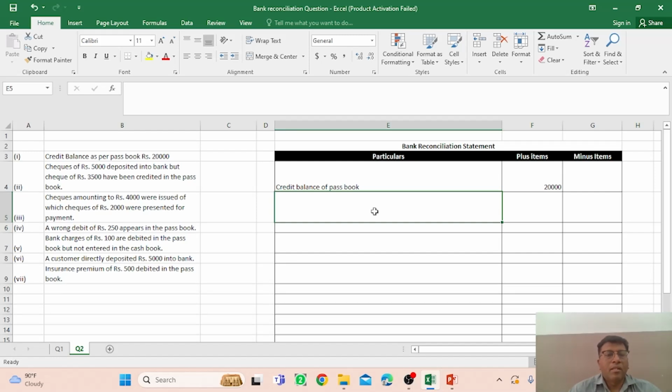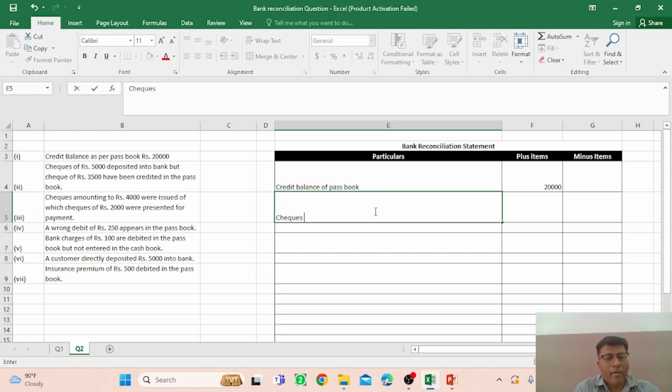It means the particular 5,000 checks were entered in the cash book, but in the passbook only rupees 3,500 were deposited or recorded, right? So what is the difference? The difference is 1,500, right? So you have to mention this particular entry or transaction,